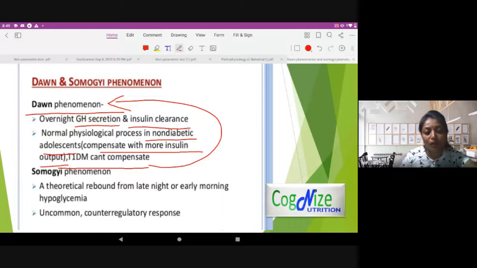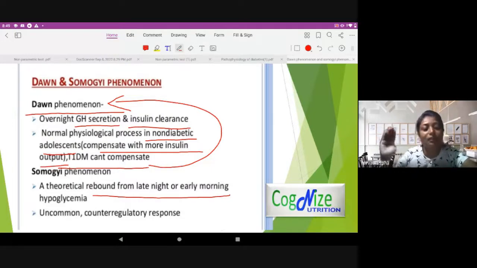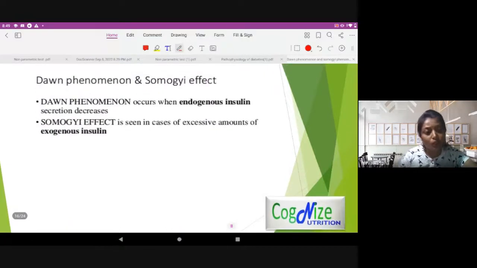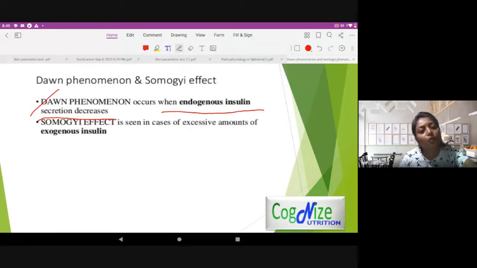Now in Somogyi phenomenon, what you find, there is a rebound at late night or early morning. So rebound, like we know, rebound means first it will fall and then it will rise. So it is basically a regulatory response that the body is doing. Yes. Now one thing to note that in dawn phenomenon, it basically occurs due to endogenous insulin. So your body is producing insulin and that insulin secretion is decreased. Why it is decreased? Due to your cortisol, due to your GH, that particular phase, this insulin which is there, it is decreased. So as a result of which the body will show high blood glucose levels,